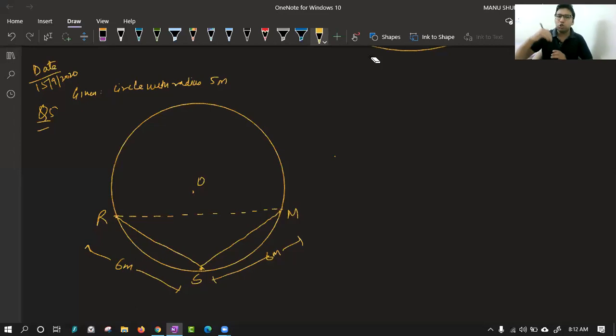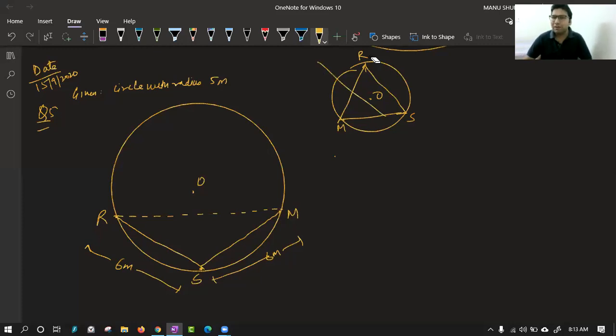So we have to first join the things. First let me join this OS. Sir, can we take R on radius? Okay, you can try by that, but actually if you see, this is 6 and this is 6 given to you. If you draw R over here, M over here, S over here, like this, that will again complicate the things, okay? I will discuss it later on. First you concentrate on this diagram only.